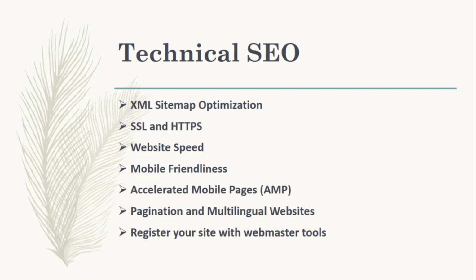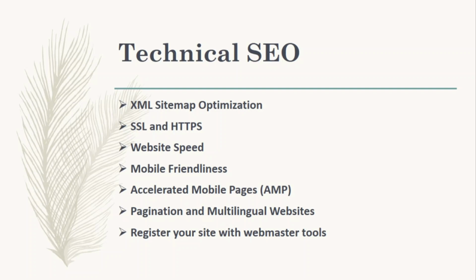Okay, and multilingual, like if your website is global, then you have to give an option to the customer for languages. If they want to access the website in Hindi, they can access. If they want to access the website in English, Chinese, or Turkish, whatever they want, they can just go ahead and access the website in the same language. So if you have a global website, you have to design your website in such a way that the user can get all the information in their language, and it will be helpful for the user.